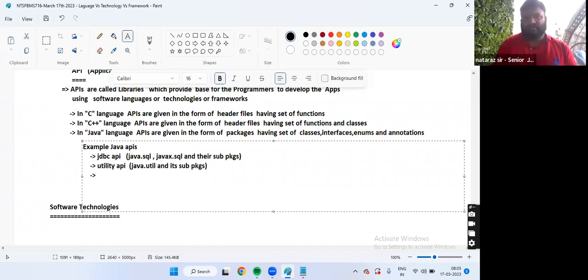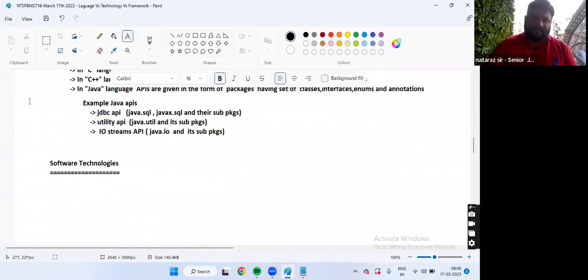Like this, we have a lot of APIs. IO Streams API: java.io and its subpackages.